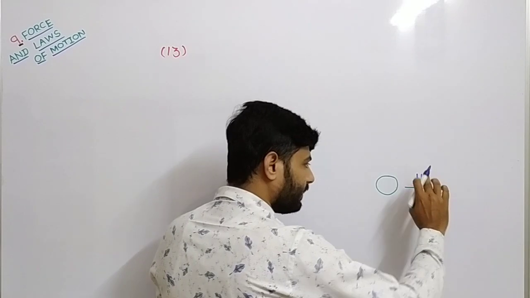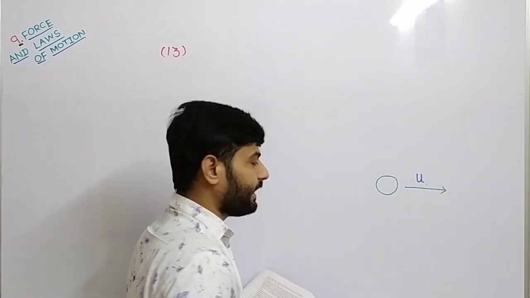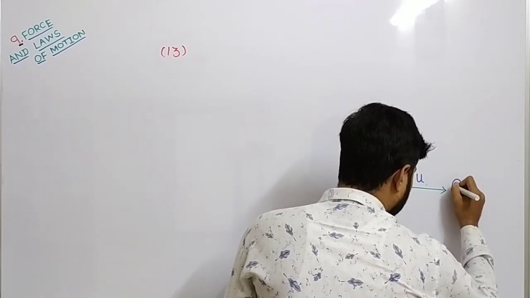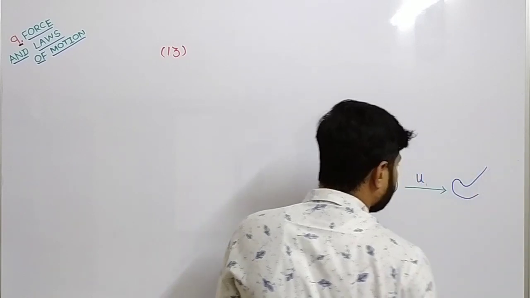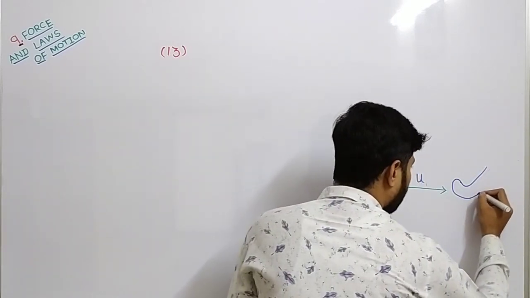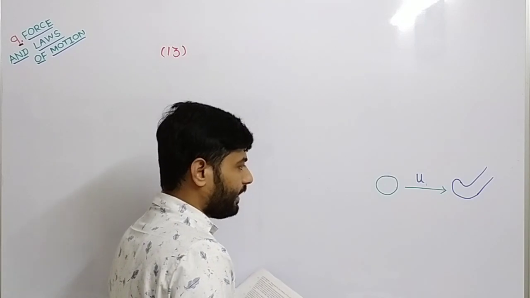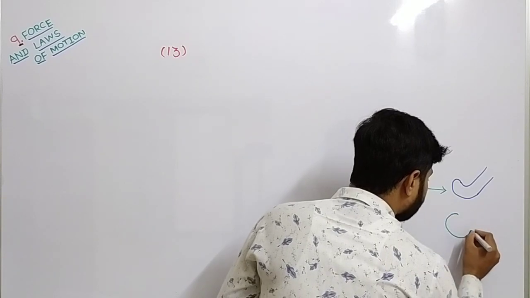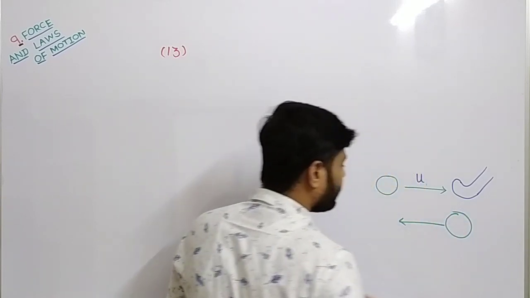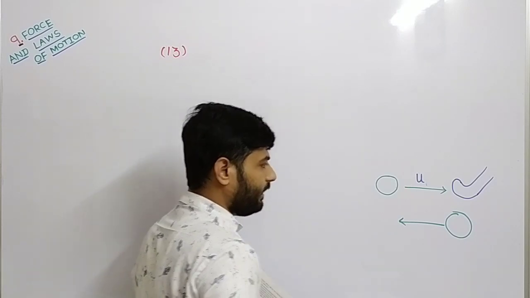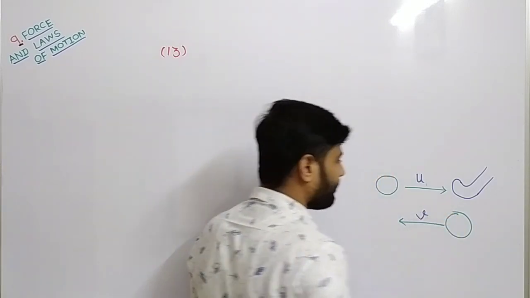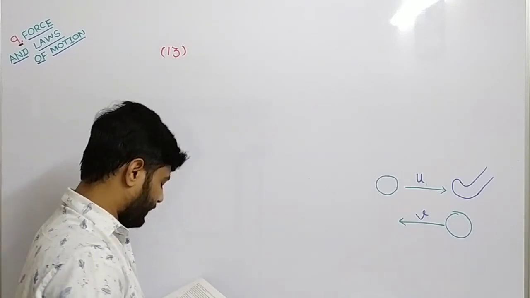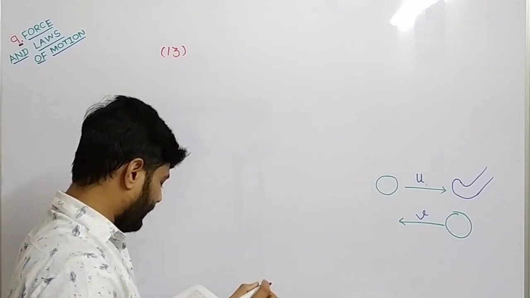Velocity u1, or say only u, because we have only one object here. It is struck by a hockey stick and moves on its original path, and then it will move in its original path with velocity, say, v. So here we have u is equal to, first of all we have mass